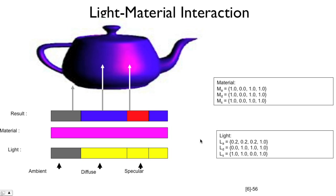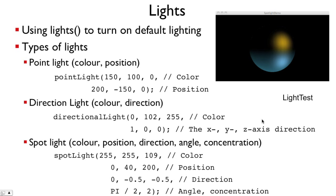All that's happening is, well, I don't know with Processing how exactly you can specify the light colors, but in OpenGL you specify the lights using a vector of 4 values, and then internally they've got a model that applies the lighting onto it. And then you specify the materials again by having 4 values. So here's some examples with